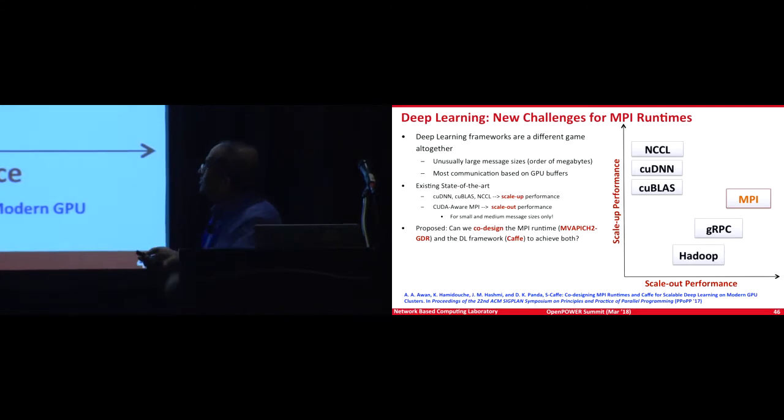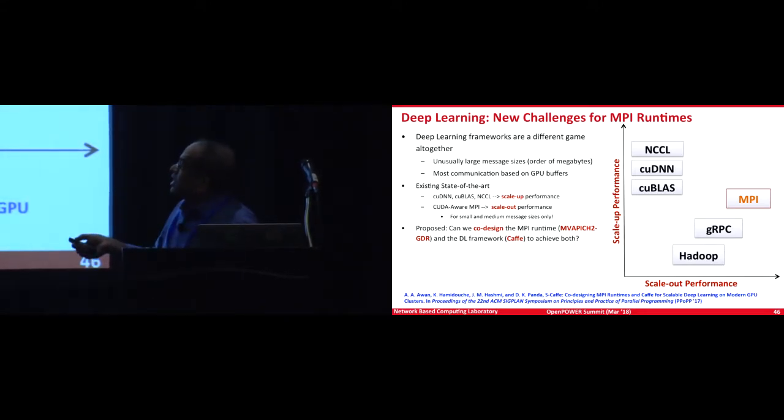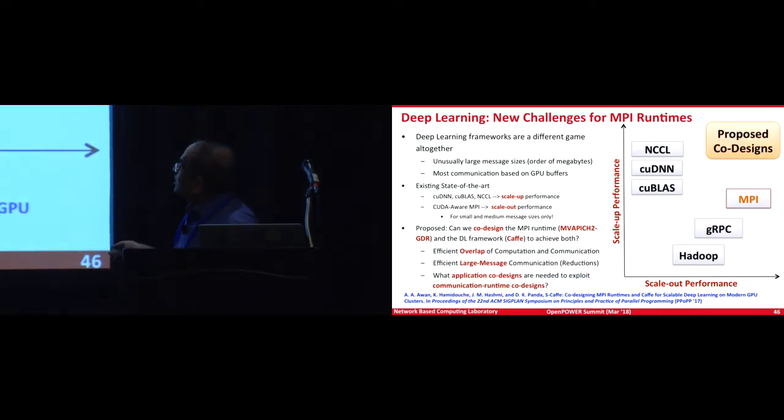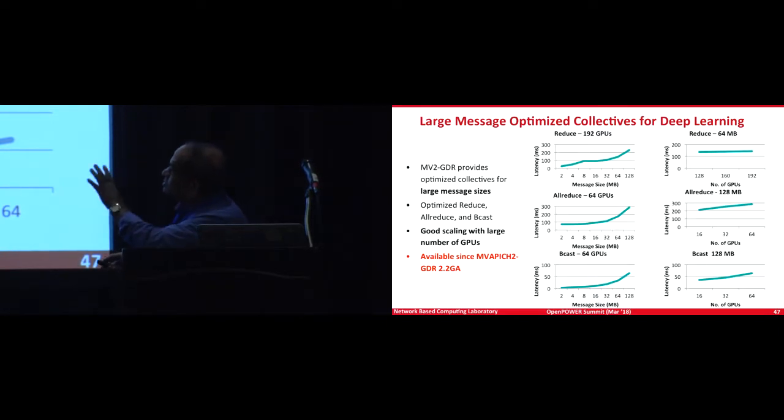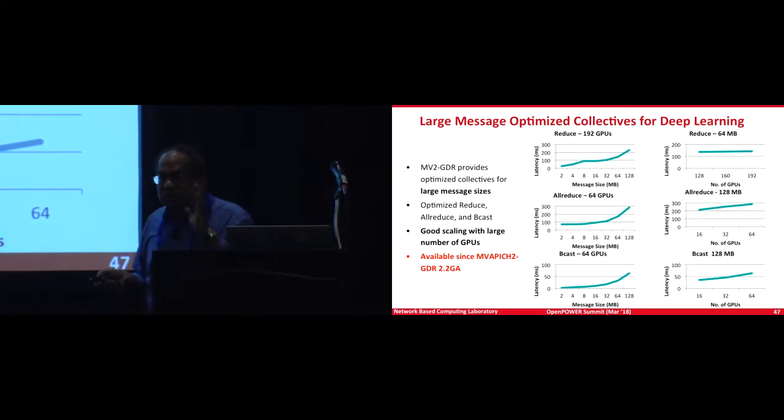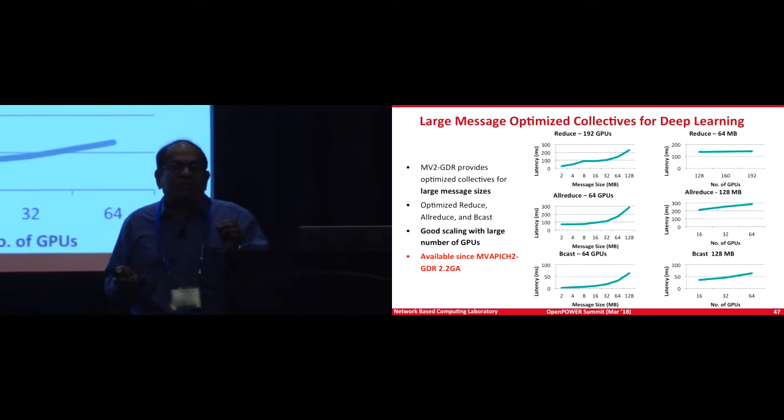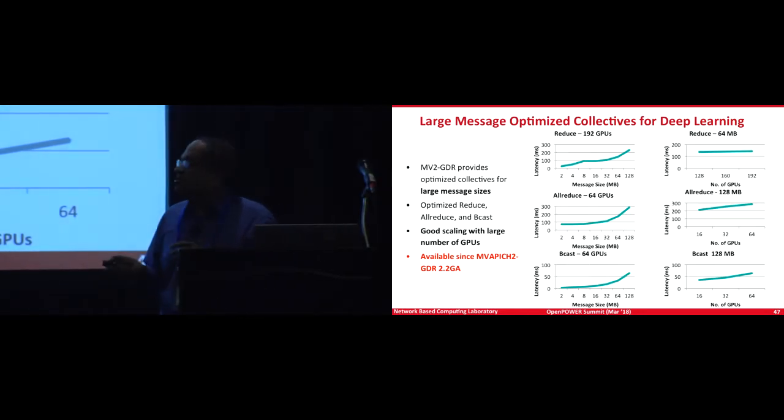Broadly in the community, this is the biggest challenge, because deep learning frameworks use very large message exchange. Typically, the MPI library has been optimized for short and medium messages. So here you need to totally rethink how to optimize large messages, which is what I showed in the first part. And then the question is how we can achieve scale-up and scale-out, and people have been working on all different kinds of solutions. Most deep learning applications use reduce, allreduce, and some of them bcast. That is exactly what we have done in our GPU version of the library.